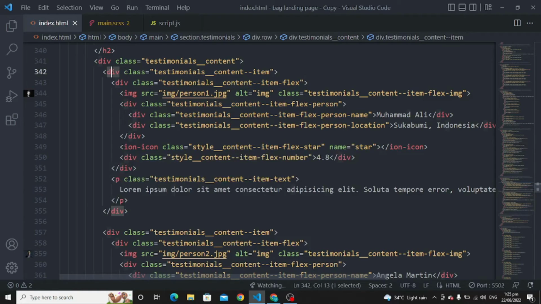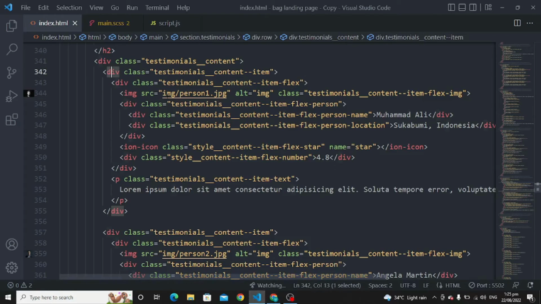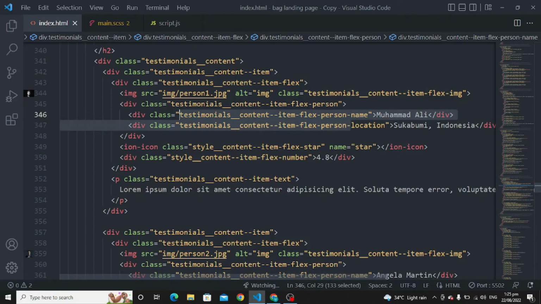In this div we have class testimonial content item flex, image, the name, some description, star, number and some paragraph. Okay. For the image, source of image we have class testimonial content item flex image, div class with the name of testimonial content item flex person, div with the class of testimonial content item flex person name, and div class with the testimonial content item flex person. This is the same thing. Okay. Name, location, as you can see this is the portion that we are going to copy again and again,